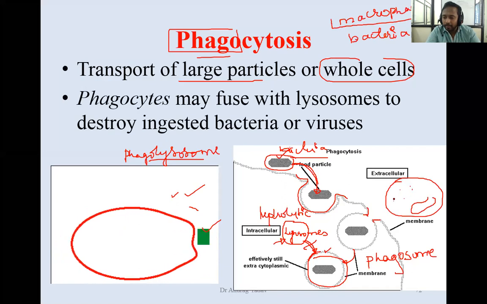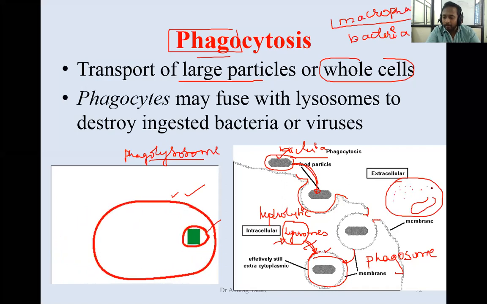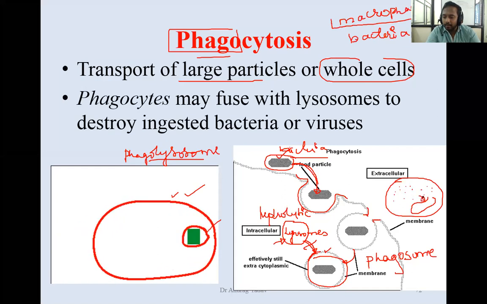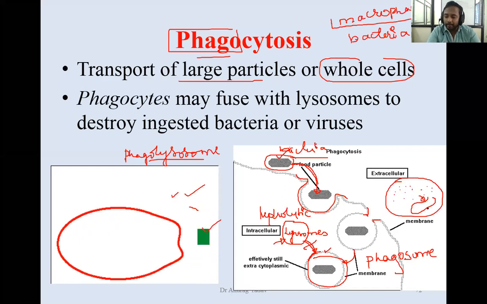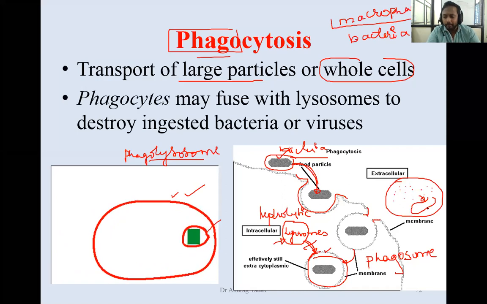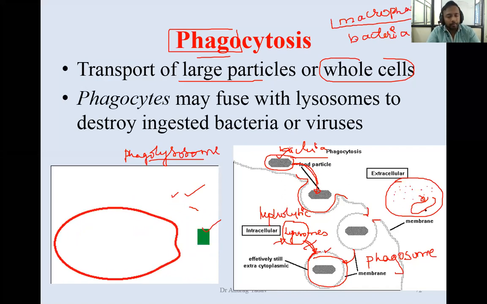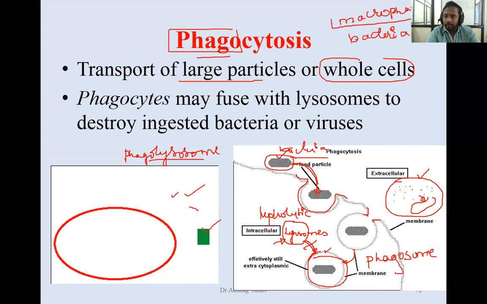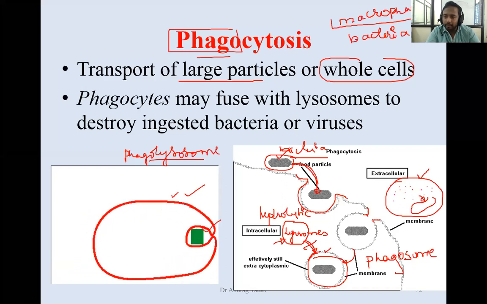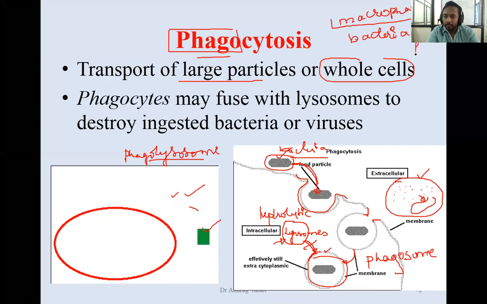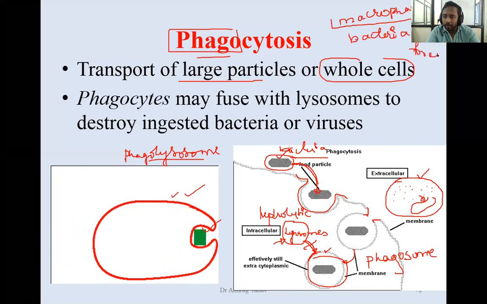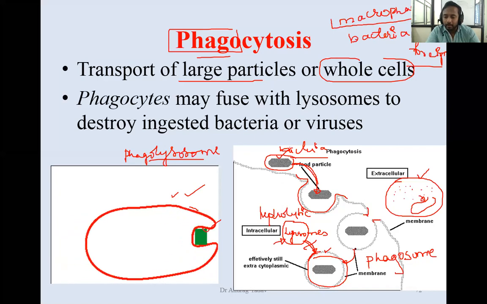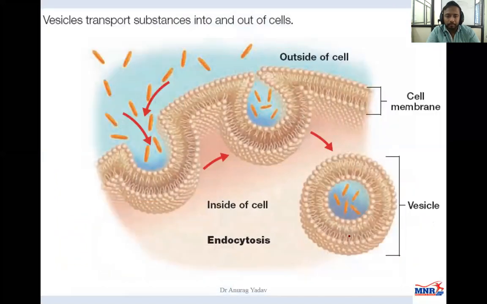And you have digesting enzymes, because the lysosome binds with the phagosome, and they start attacking this bacterial cell or any food particle, and they digest them completely, in the phagolysosome. So this is one of the mechanisms by which macrophages digest bacterial cells or any foreign body. You can remember it as foreign body. Any foreign body can be digested like this by forming a phagolysosome.